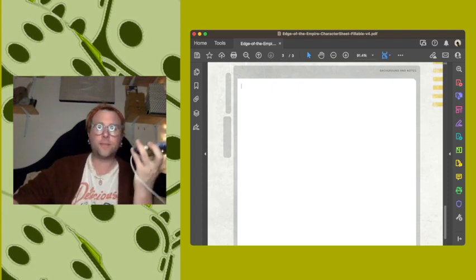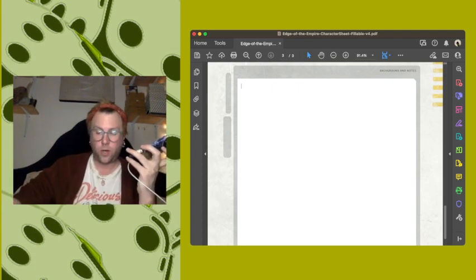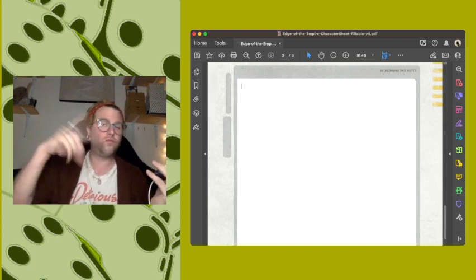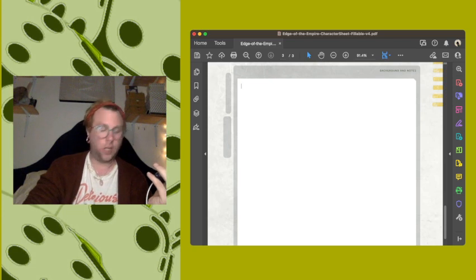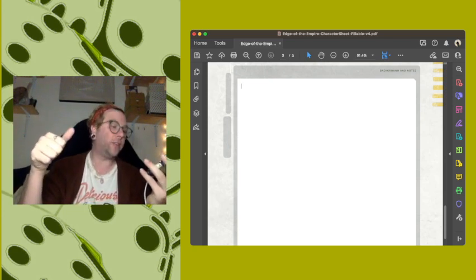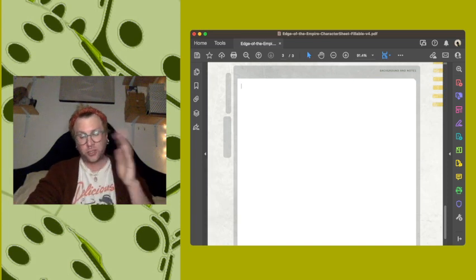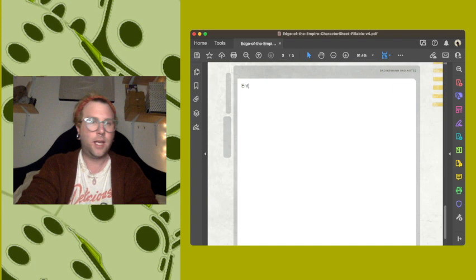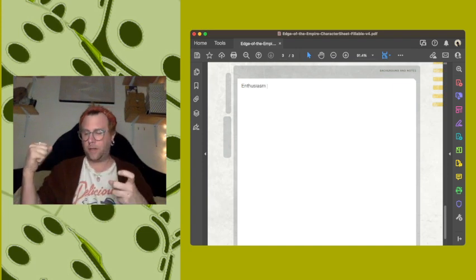Hey Siri, give me a number between 1 and 100. A random number between 1 and 100 is 32. Perfect. Thank you, Siri. Okay, so my emotional strength is enthusiasm. And this is just kind of...